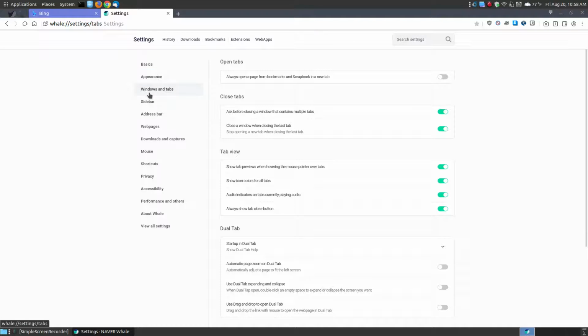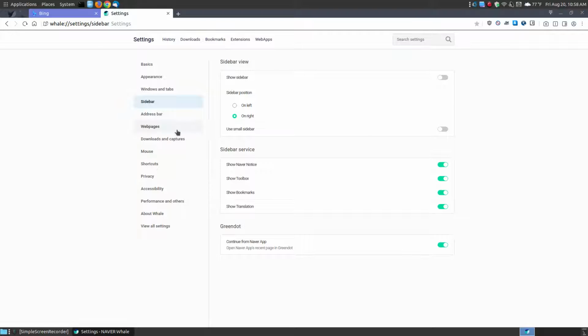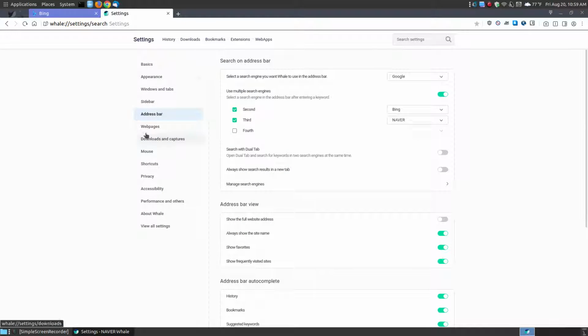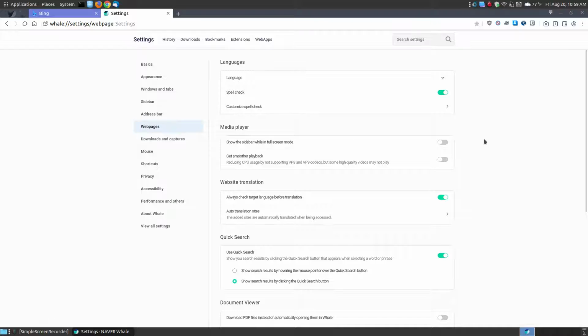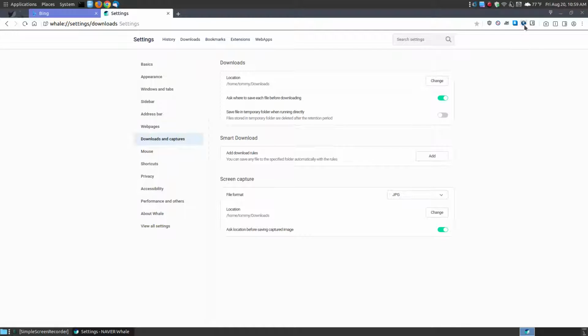You got your windows and tabs, to where you can control the way that your tabs behave, what shows up in your sidebar, the way your address bar works, how you can turn on spell check features, how media players work. You can turn on a web page translation, but I can tell you that this doesn't always work great. And in a few moments I can show you an extension, which is here, that's the best extension I know for browsers that are from a different country than your native language, and I'll show you that